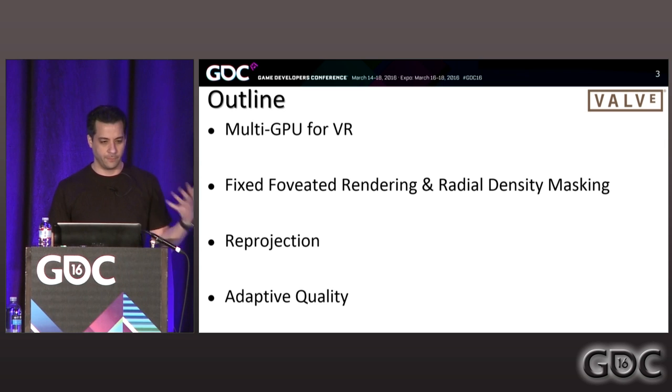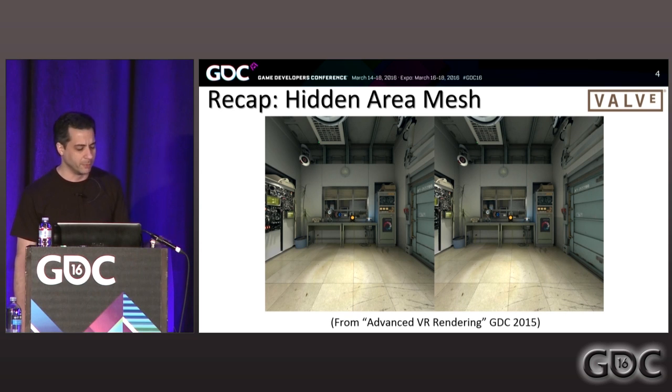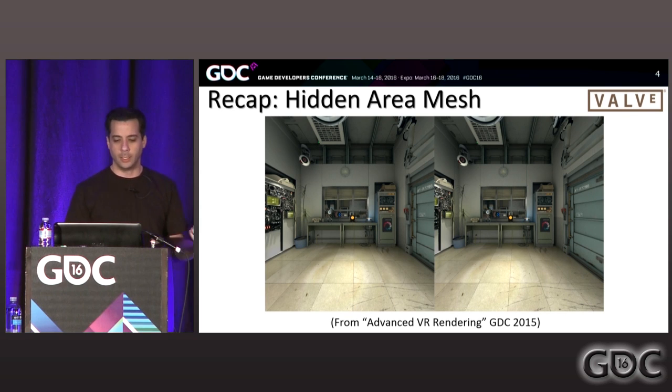And the last section is going to be what I'm really here to talk about today, which is the adaptive quality system, and how to basically scale your renderer up and down to maintain frame rate and also give a better quality result. So one thing I want to mention before I get into the multi-GPU section,